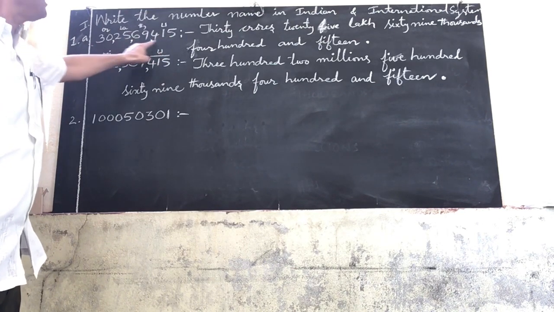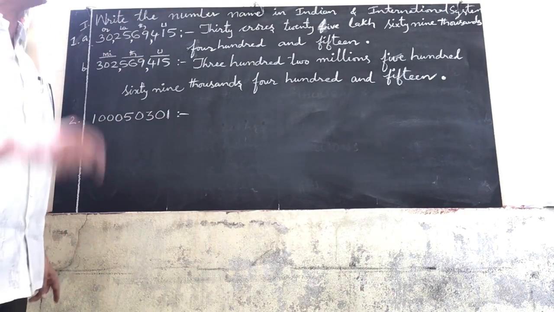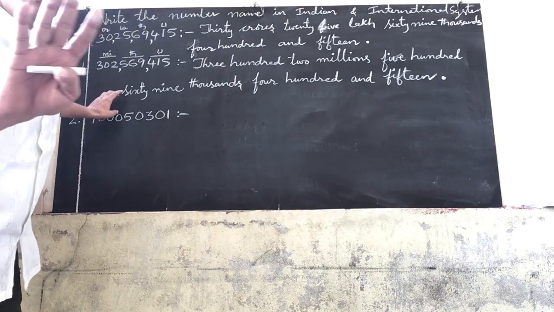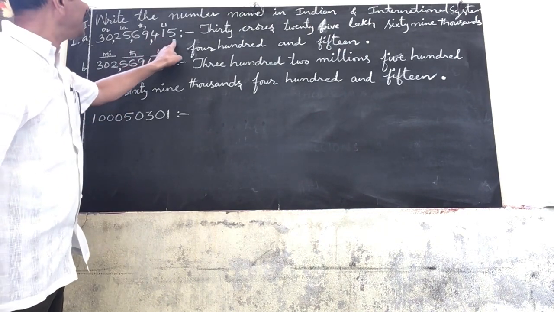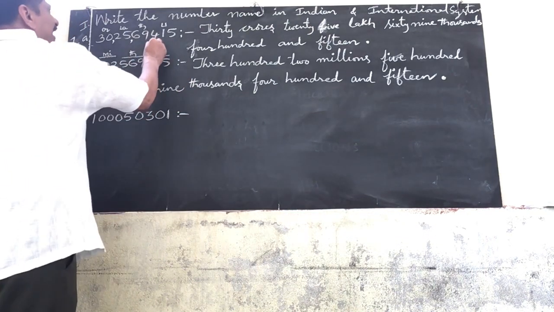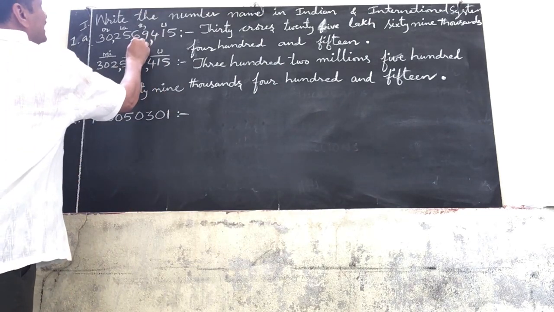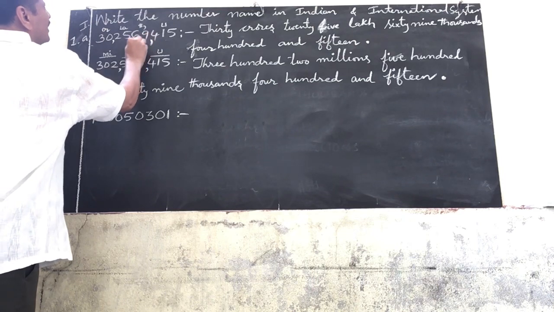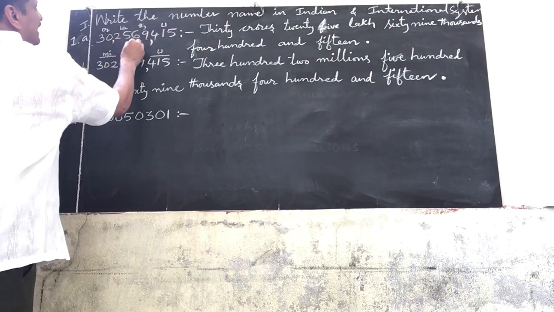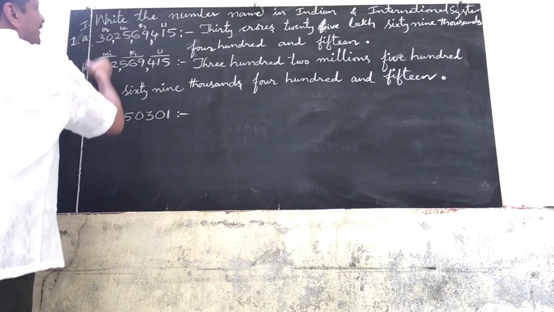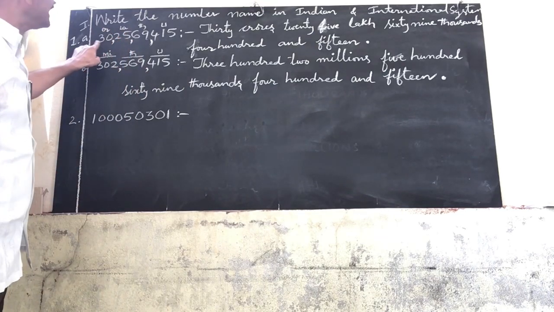Now we are dividing the given number into periods according to the Indian system of numeration. In the Indian system we have 4 periods. The first period, the units period, has 3 places, so we separate it with a comma. Next greater than the units period is the thousands period, which contains 2 places, so before these 2 places we place another comma. Next greater than the thousands period, the lakhs period contains 2 places, and here we divide it with a comma. And next greater than the lakhs period is the crores period, which also contains 2 places.